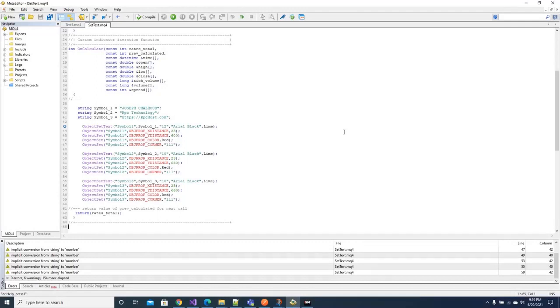Now let me show you something about the breakpoints. You can set a breakpoint if you want to debug your code. Sometimes you face coding difficulties, many problems may appear, and you don't know why it is happening. So the best solution is to run your custom indicator in the debug mode. So here you set your breakpoint, just double click it